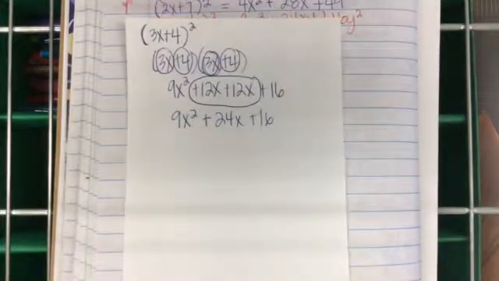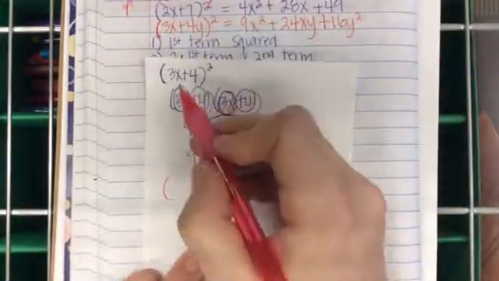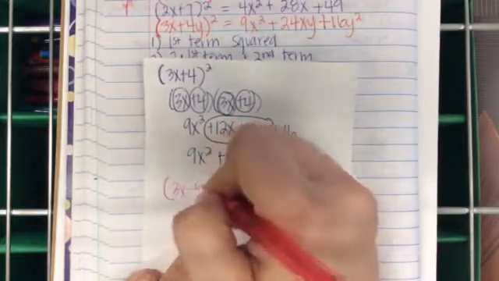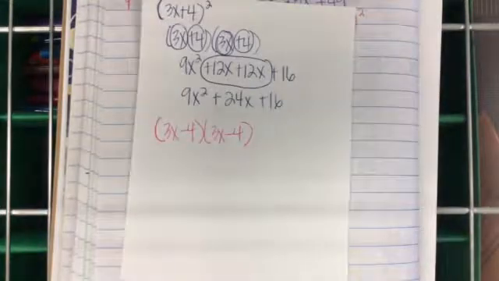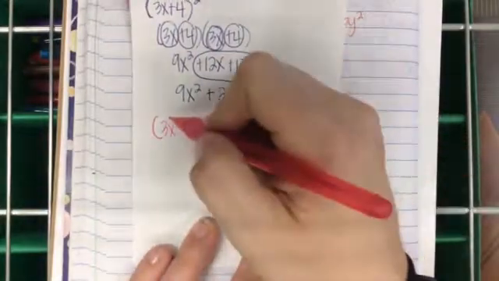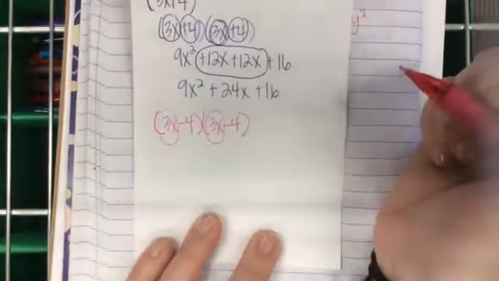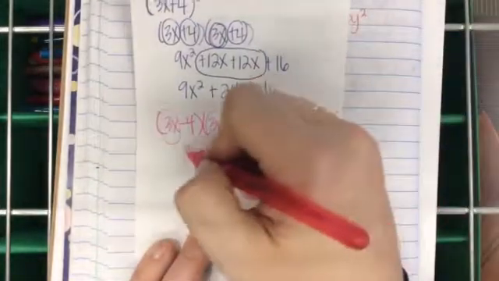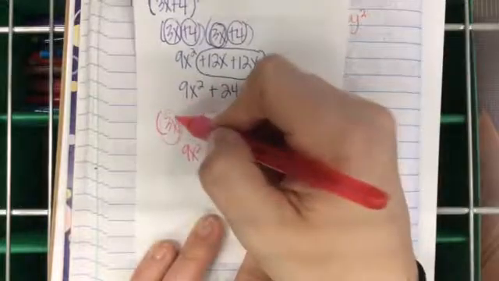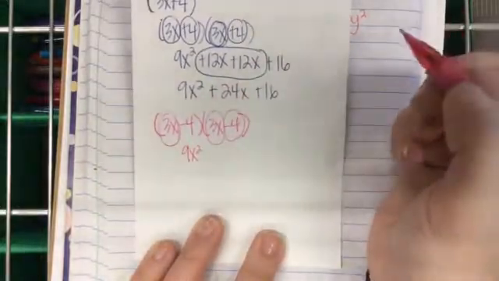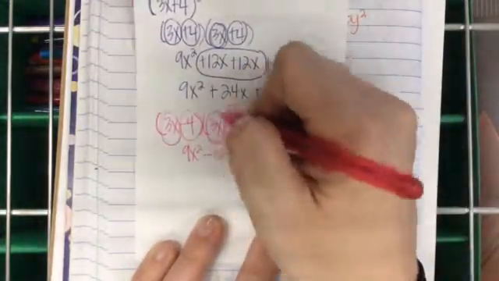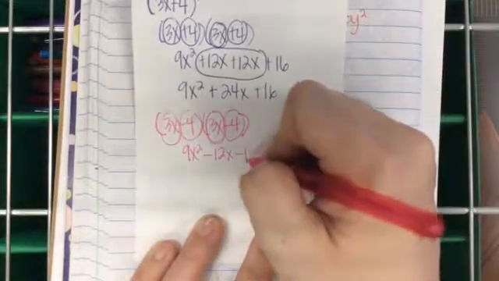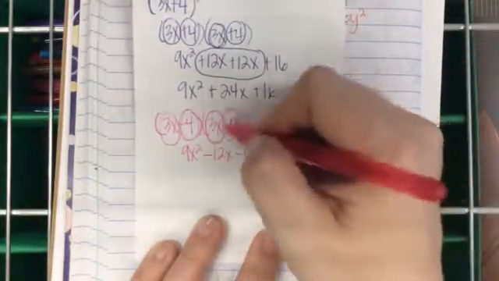A minus b squared. So let's change just one thing in this problem. Instead of 3x plus 4, let's do 3x minus 4 squared. 3x minus 4 times 3x minus 4. 3x times 3x is 9x squared. 3x times negative 4 is negative 12x. Negative 4 times 3x is, and negative 4 times negative 4 is,